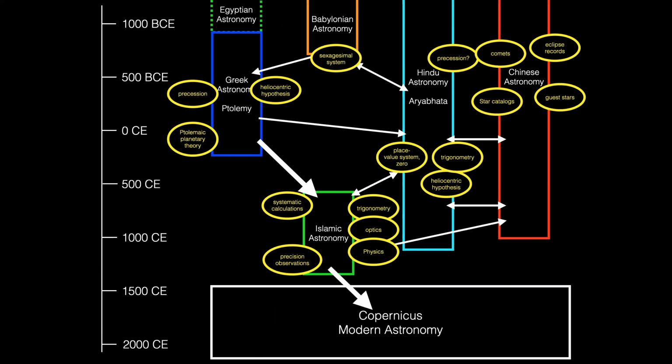In general, astronomy developed in lots of different parts of the world, including places that aren't shown here. This diagram is simply to point out that contributions were made by lots of people, from the Chinese to the Greeks, over the millennium before the Common Era, and there are elements of all of these things that eventually ended up in the Islamic astronomy that we're going to be talking about this evening, and from then went into the